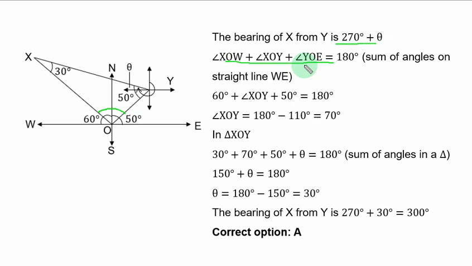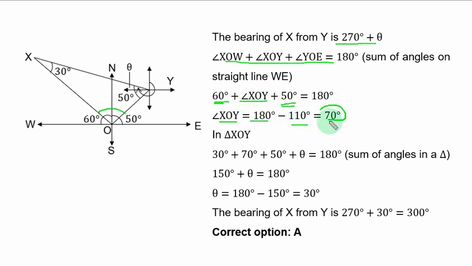So from there, we need to get angle SOY. You replace the other angles with 60 degrees and 50 degrees. So angle SOY is equal to 180 degrees minus the sum of 60 and 50, that is 110 degrees, and